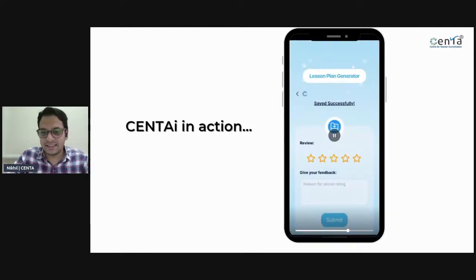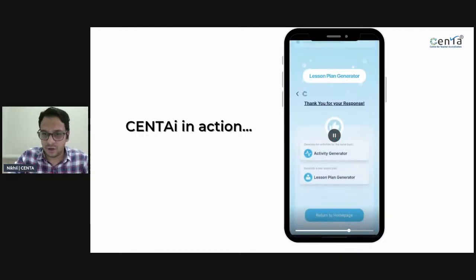Now when the lesson plan is there, you can give a review and type in your views about the generated lesson plans. Let's say you have generated a lesson plan and now you want to generate some activities, because when you go into the classroom you would need a couple of fun activities which would kickstart, have elements of critical thinking, and push students to think more about that topic. So when you generate a lesson plan, now you can click on generate fun